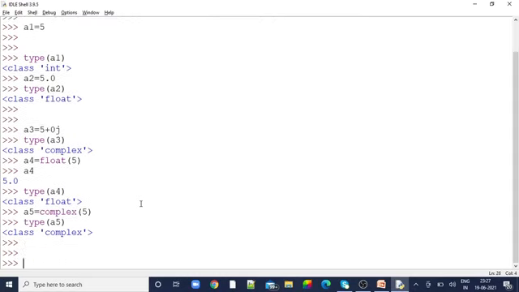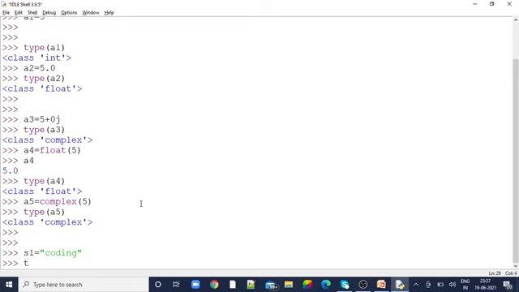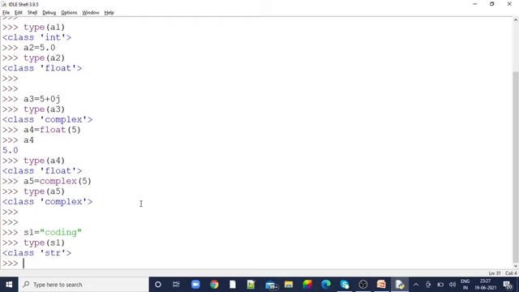So for example, when my string is going to be, I'm going to give it in double quotes as coding. So now type of S1, it's going to be a string.